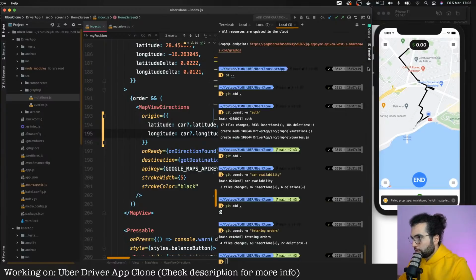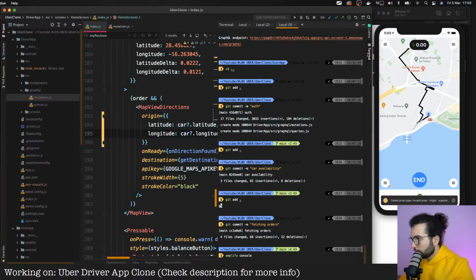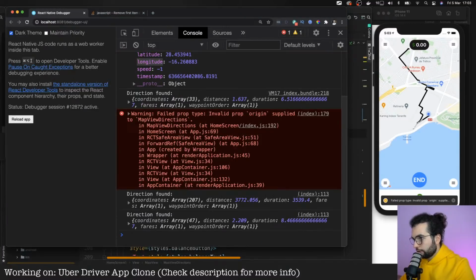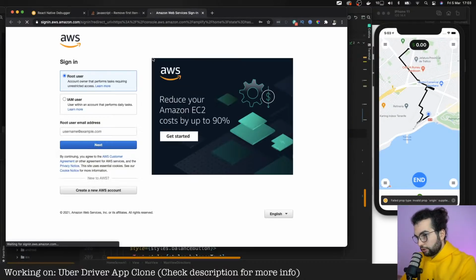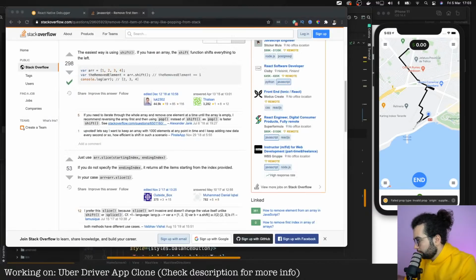I can show you that that's true by going to Uber clone here and doing Amplify console. And if we go to the API there, we will see that the coordinates are updated. So let me try to sign in real quick. Oh, this is the first time Amazon asks me to insert some digits.